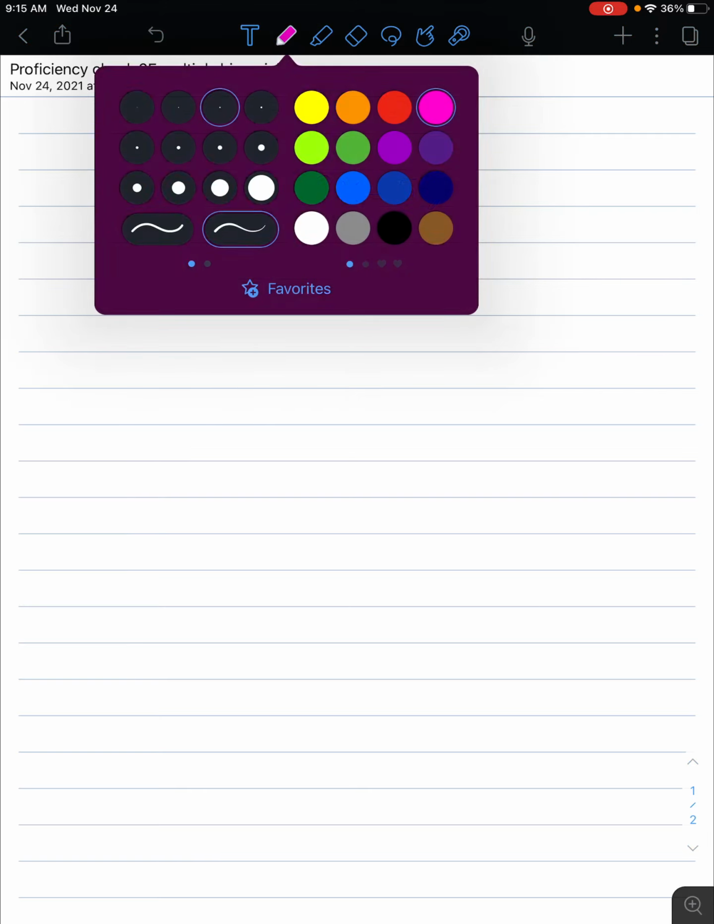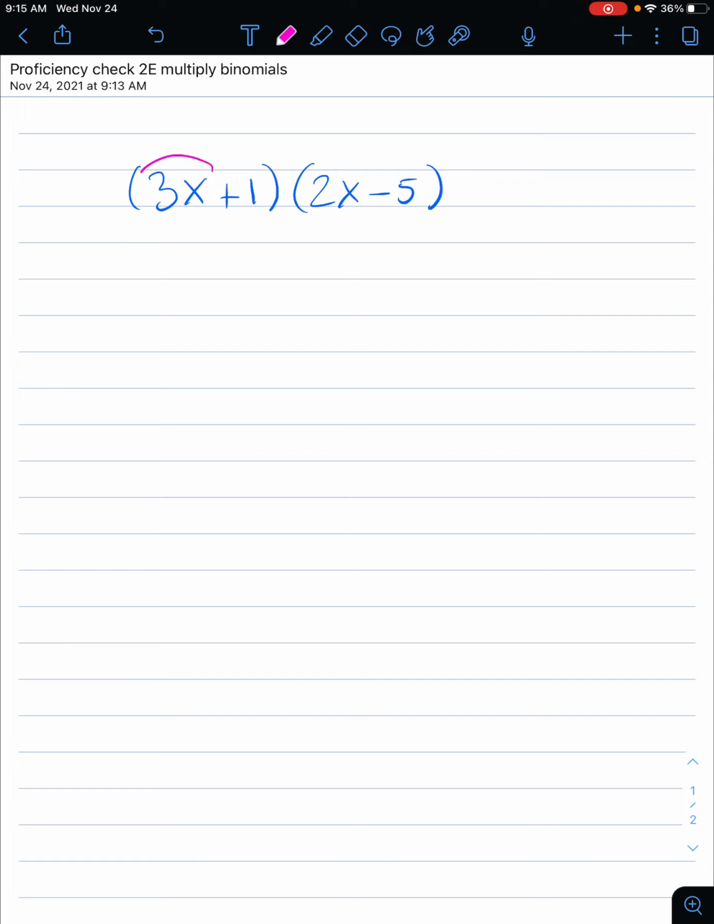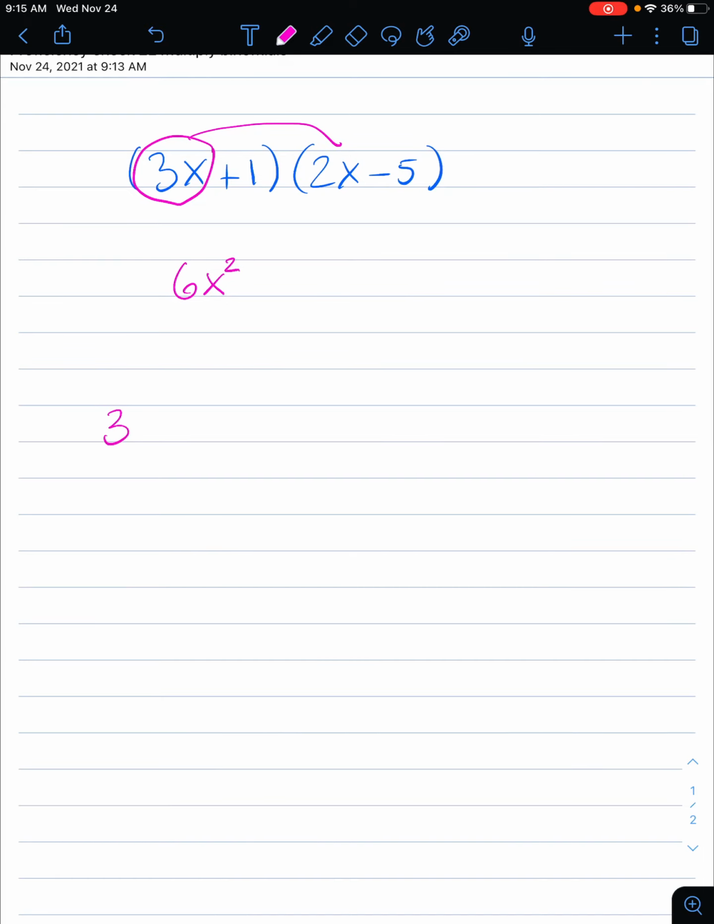The first way I'm going to show you is to use the distributive property. So we're taking term number one and we're distributing it to the terms in the second binomial. So for the first one, 3x times 2x, this is going to be 6x squared. If you think about this, we can multiply in any order we like because of the commutative property. So I like to do 3 times 2 first, which is 6, and then the x times the x is